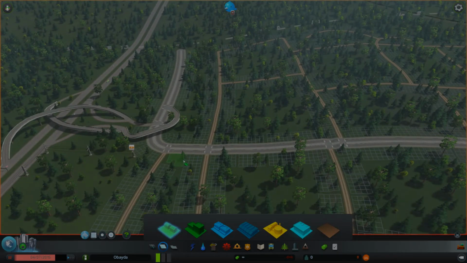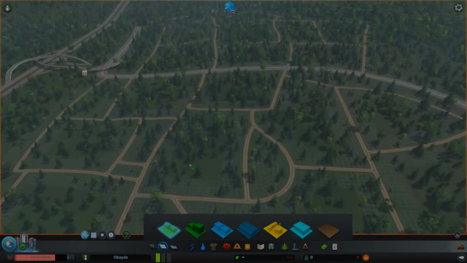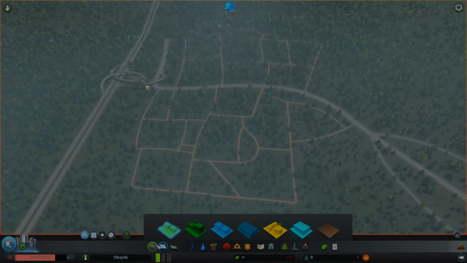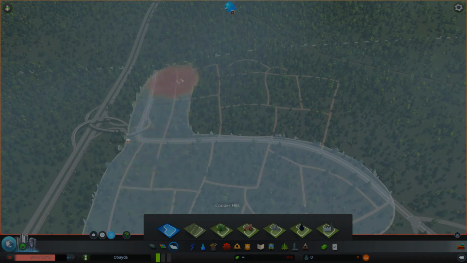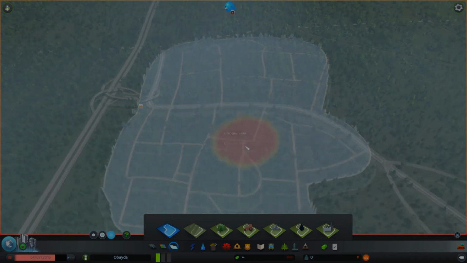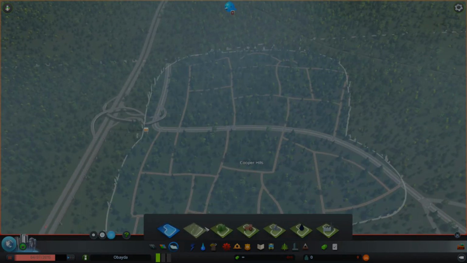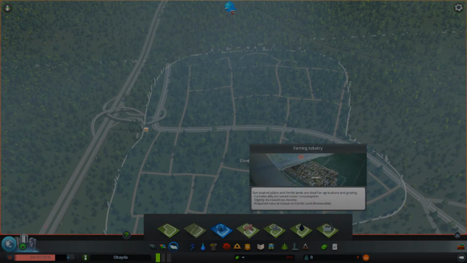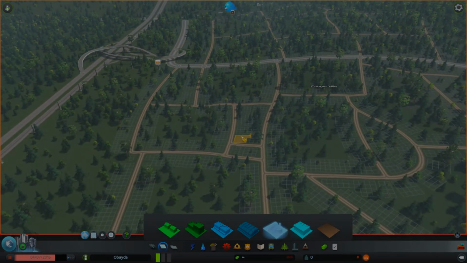So let's start zoning. I think this is going to be hard to zone. Actually, before I zone, I think I might make this a district area. Cooper Hills, it's alright, that name. We can change it later on. We'll put that into forestry. What's that? Farming. So if I do something like that,